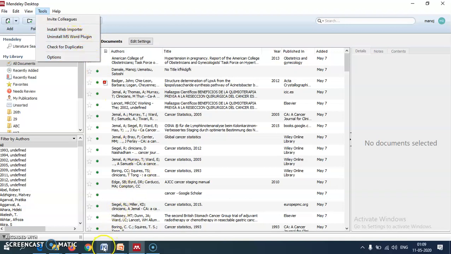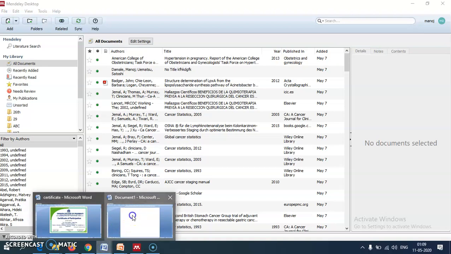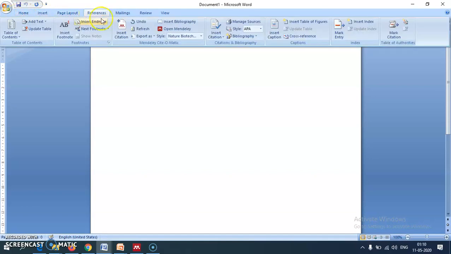For that, we have to go to MS Word, and if you go to the References option, there is an option called Insert Citation. Then you also have Insert Bibliography and Open Mendeley. As these options are now appearing over here, it means our plugin has been installed.